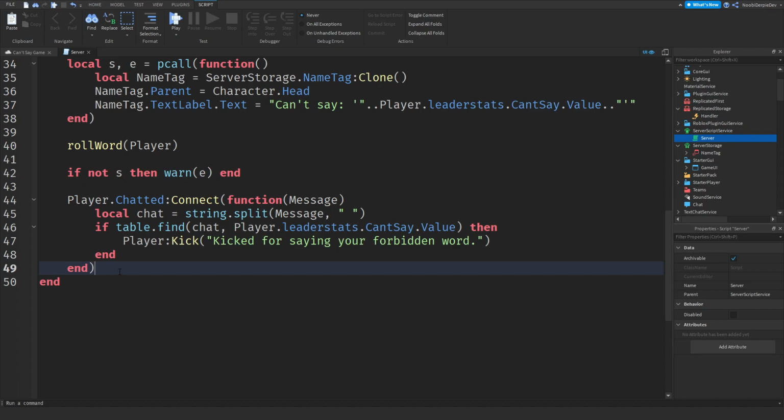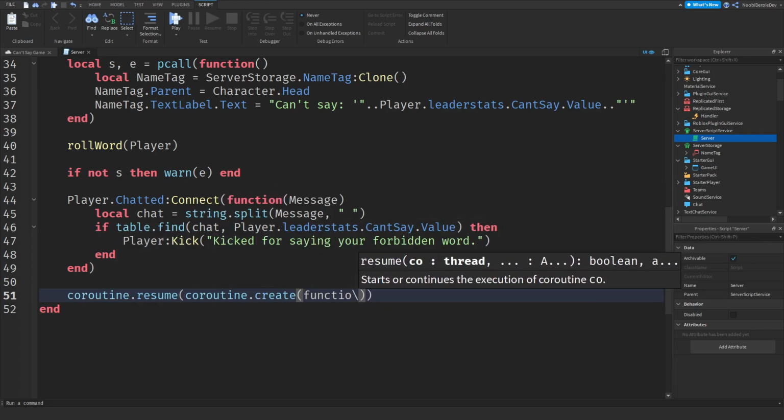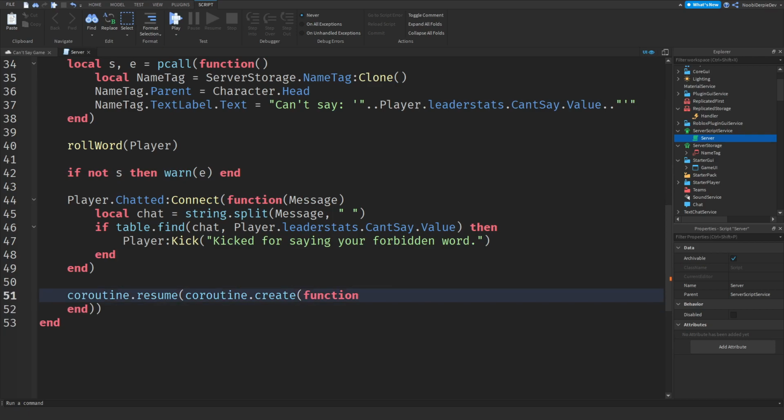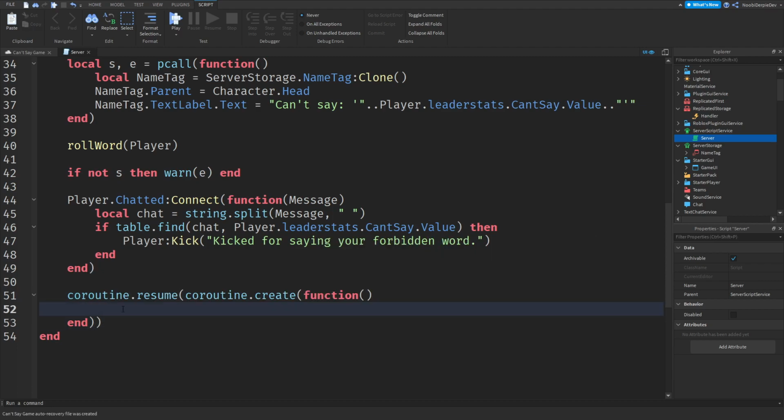So now we're going to actually make a loop so that your value on the name tag is always the same as your leaderstats. Just in case something breaks, we want to be 100% sure that it will always be on that. So to do that, coroutine.resume(coroutine.create(function, and it's a little bit tricky in these things. You should have this: open bracket, open bracket, open bracket, close, and then close, close, like that.